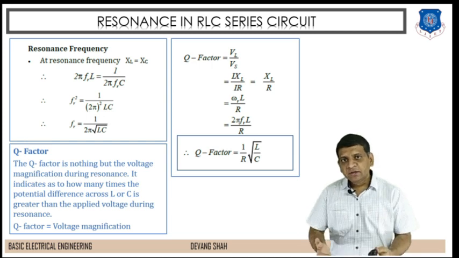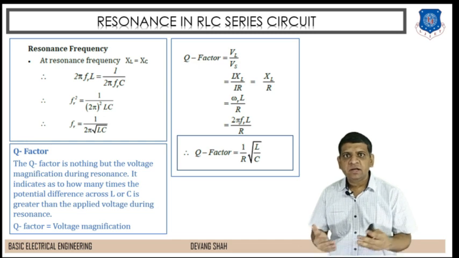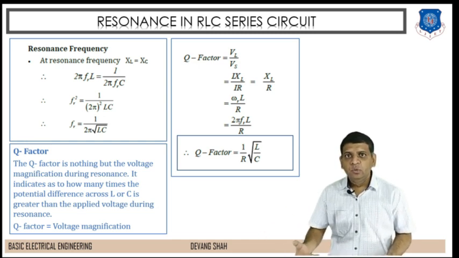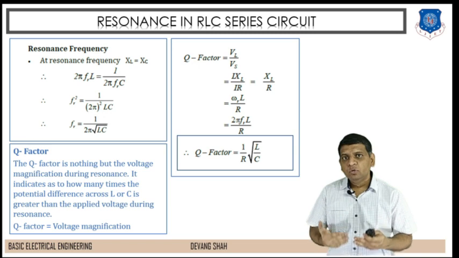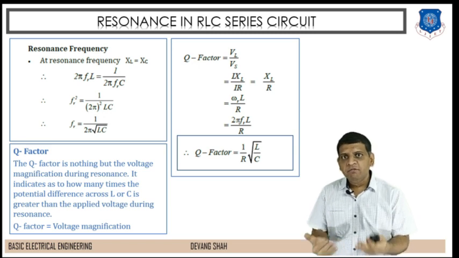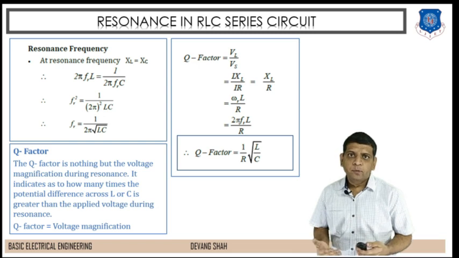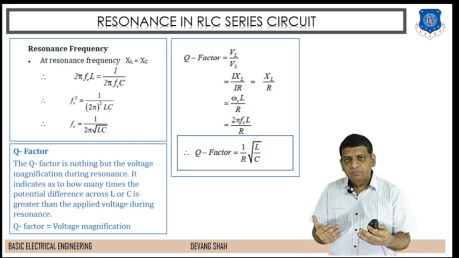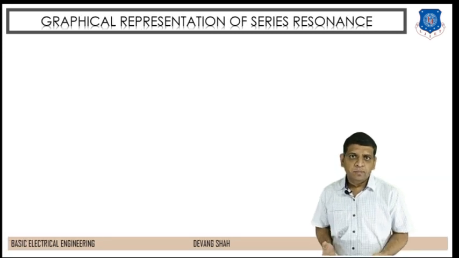Now see, this particular equation will say something. The quality factor of the series RLC circuit depends on the values of resistance, inductor and capacitor by this equation, 1 by R into under root L by C, right? As a circuit designer, you have to choose the proper values of R, L and C. You can find the proper quality factor, and you can design a series RLC circuit at a resonance. So that's my ultimate condition.